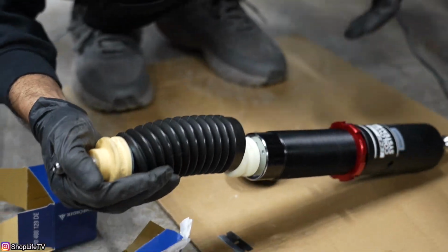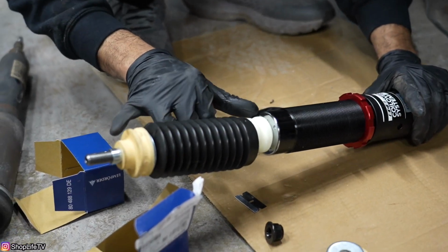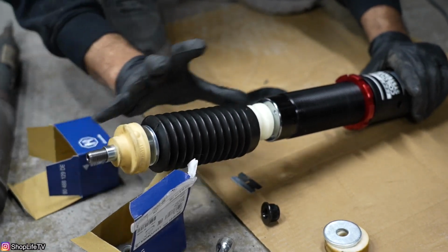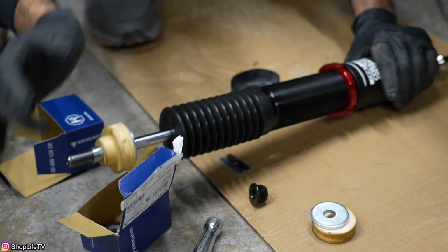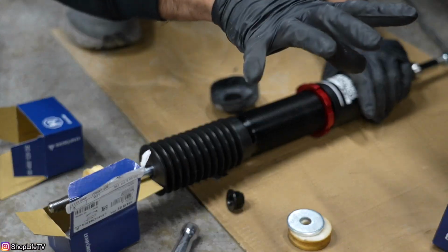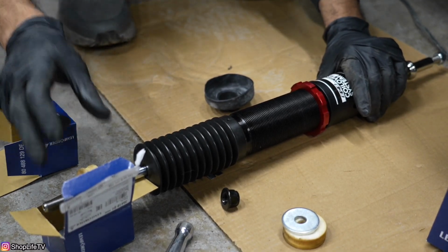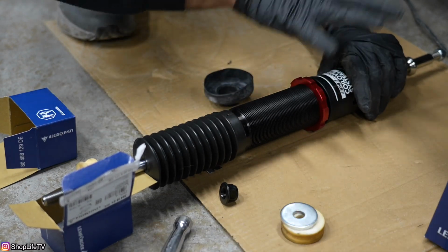Now the way this works is you want to technically preload this whole system, so there's only a limited amount of travel inside of the shock itself. This shaft or piston, it can only travel so much. So the way I usually like to do it is I like to set my ride height with the spring. That's what controls the ride height in the back. You set it with the spring, and then at full droop, so when there's no load on the actual spring